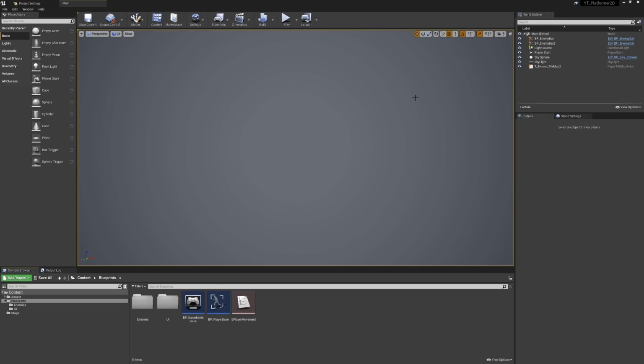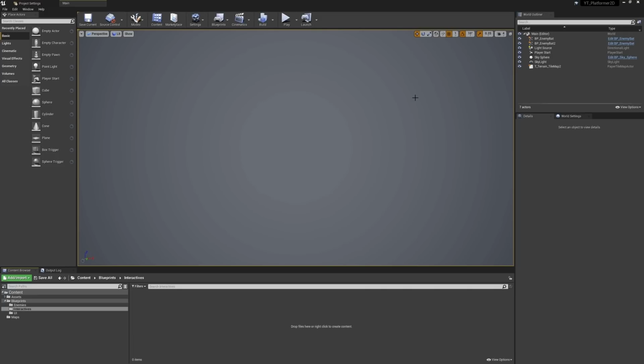To get started, we will just make sure that we keep the project hierarchy nice and tidy. So we're going to create a new folder named Interactives. Inside of this, we'll be creating our main classes. So the first one is going to be our interactive base class. And of course, all we really need this to do is exist in the world with the potential to interact